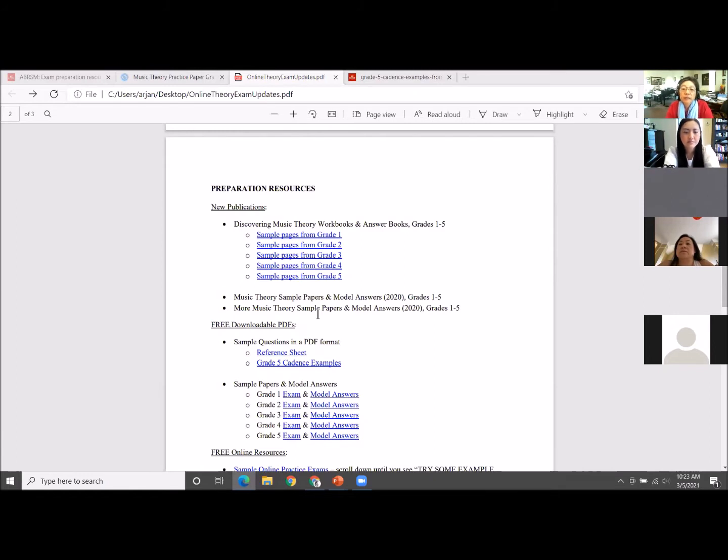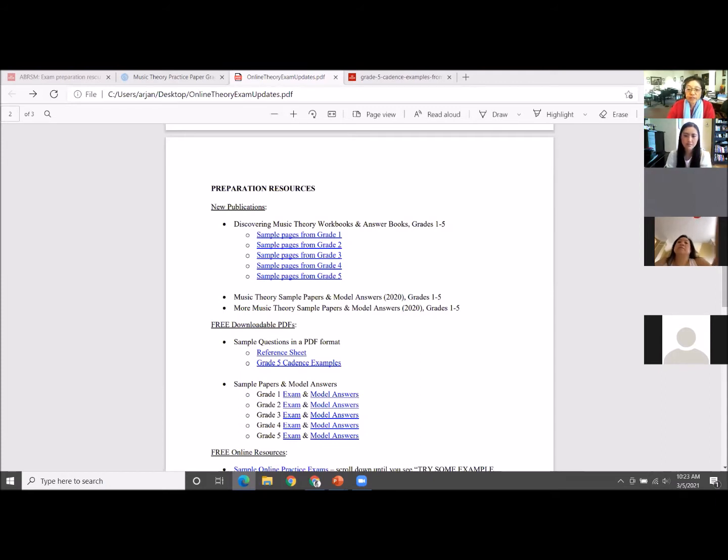But ABRSM has published a series of workbooks called Discovering Music Theory Workbooks, and they come with answer books as well. One really nice feature is that at the end of each workbook there's an actual sample test that students can use, constructed in the format the actual online exam will be done.